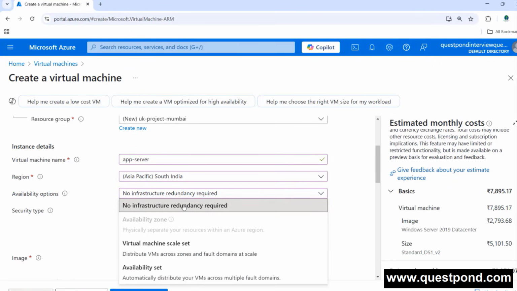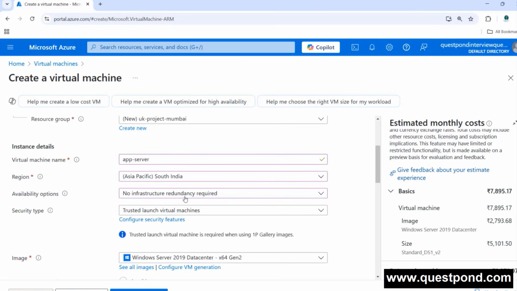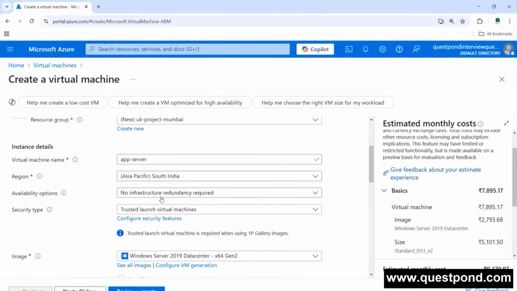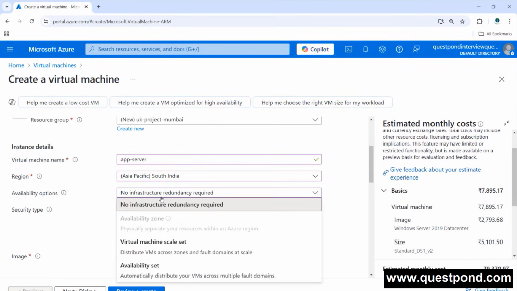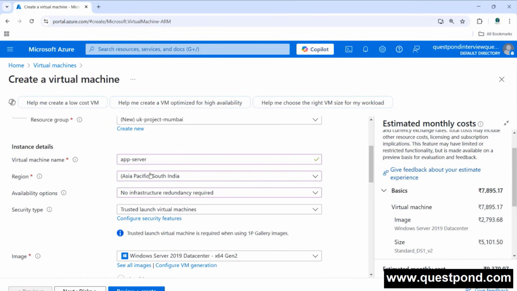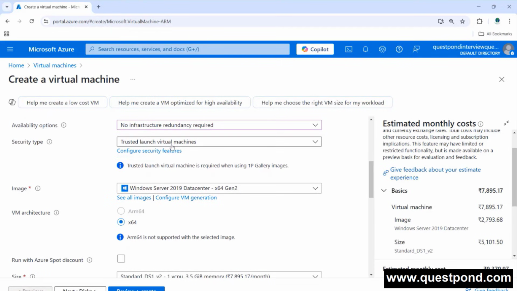And I will say no, I don't want any infrastructure, I don't want any redundancy out here, right? Redundancy means that you have a virtual machine of an app server and you want exactly the same kind of virtual machine running in parallel. So if there are any issues, you can go and start working on that virtual machine, right? So that's why I'm saying at this moment I don't want redundancy, right? I've selected a region out here, and the next thing is